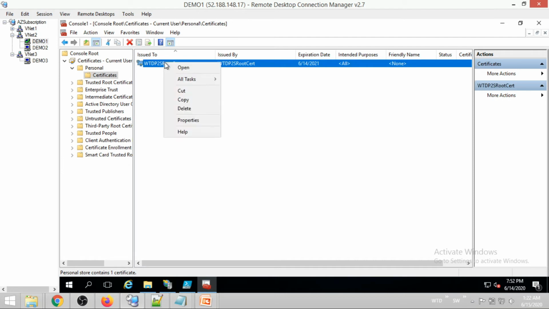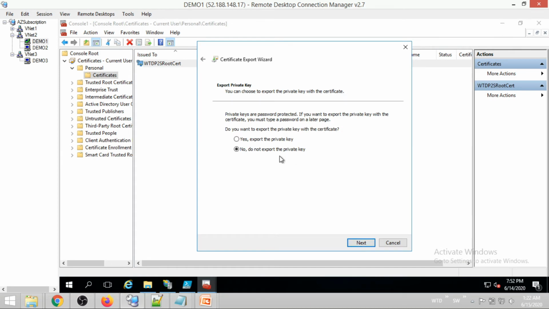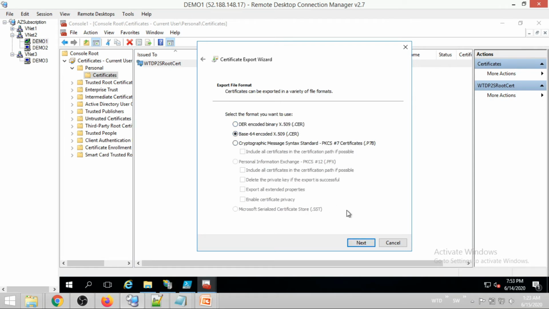Let me export it. I'll not go with the private key. I'll go with the second option and we'll select the base64 encoded.